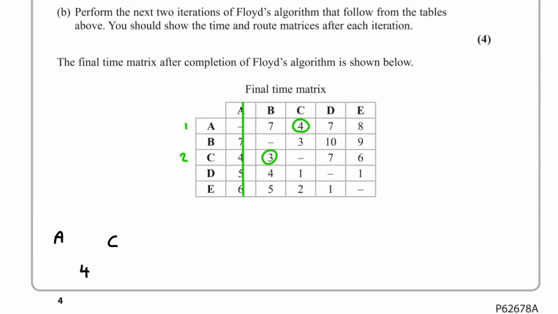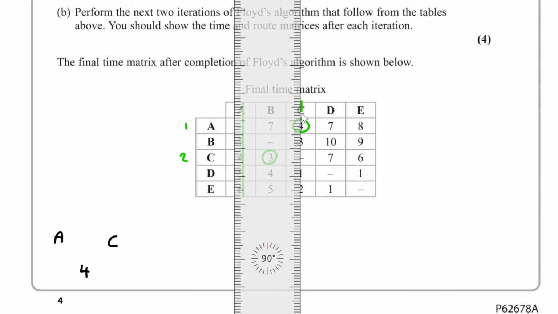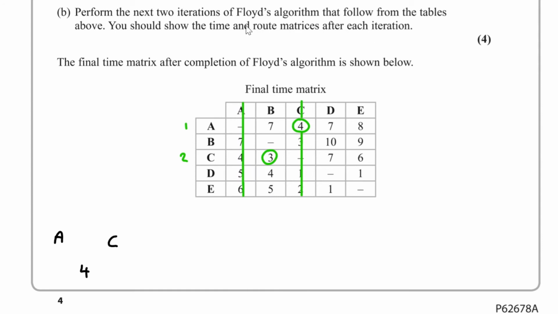So now we delete all of the C column, and we've just gone to B. That weight is 3. So now we're at B. So let's label B with a 3. If we read across, the smallest one is the 9 here. So that tells us we've gone to E,